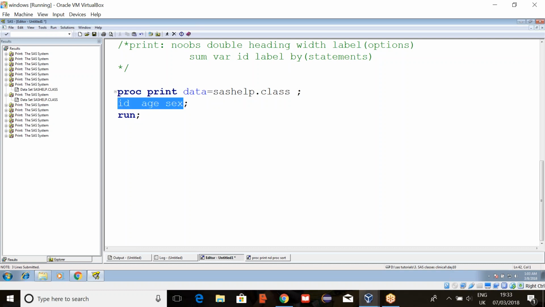Coming to the label. Label, if you write as a dataset option, we have seen. Anyone remember how to label the variable names? Now here if you want to label any variable name, suppose name equals to name of the subject. And also we have the split option.